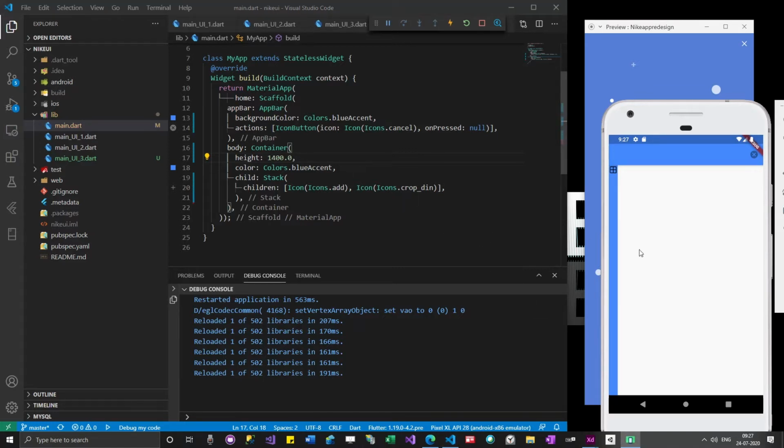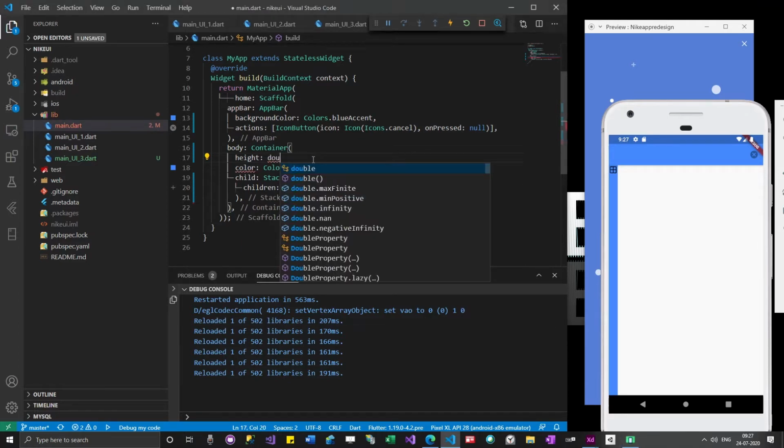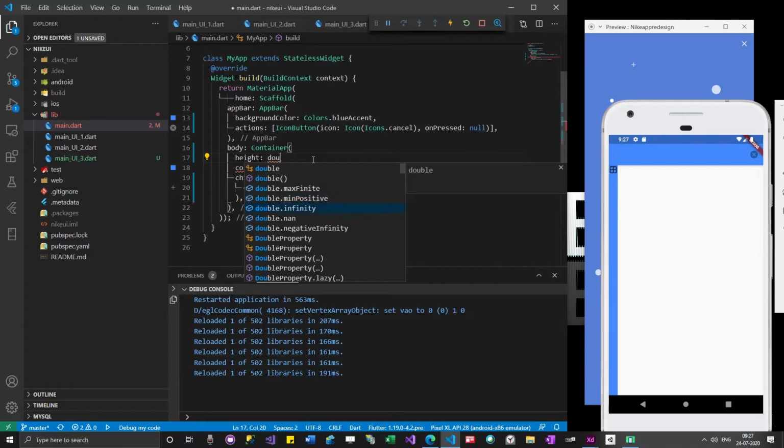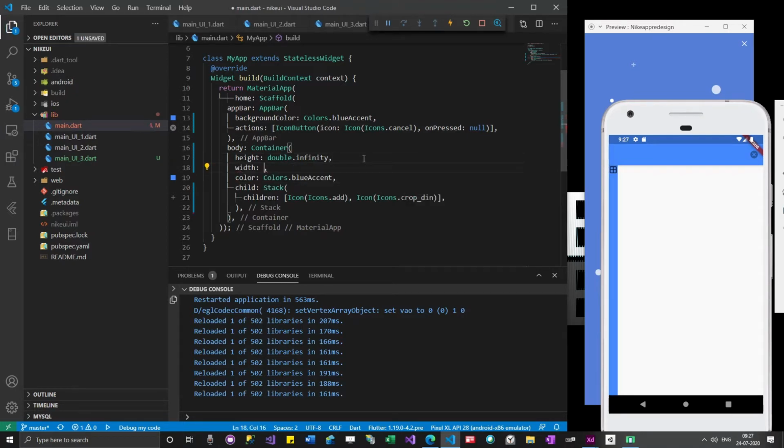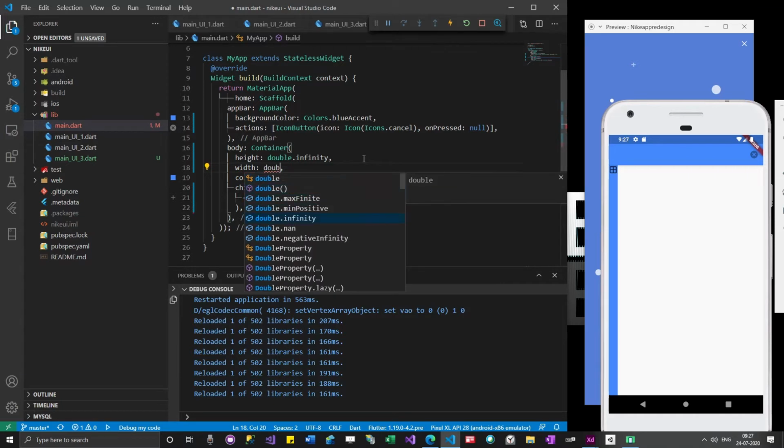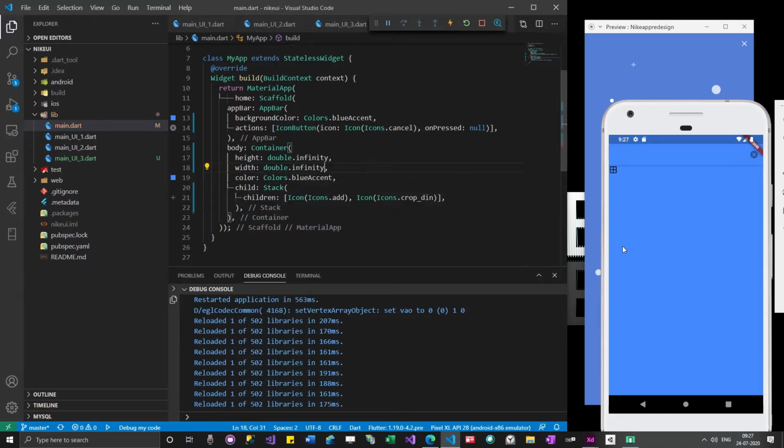But how to make it look as per the size of the screen? For that we have something called double dot infinity. So it will take up the whole screen. Okay, now you can see that it has taken up the whole screen.